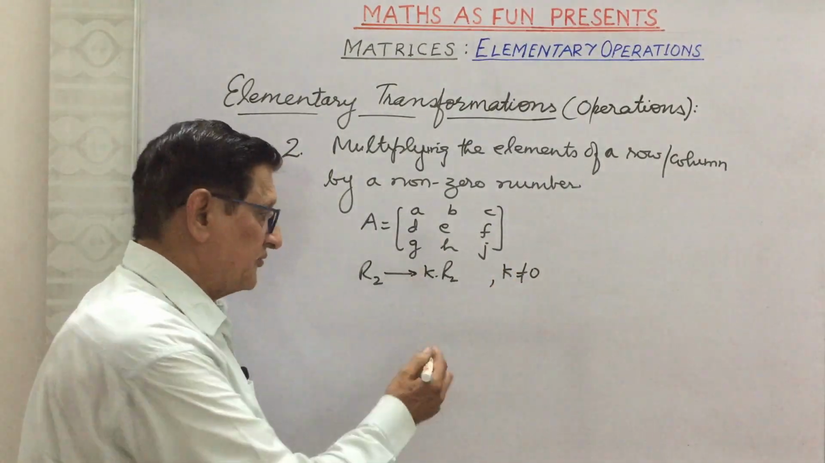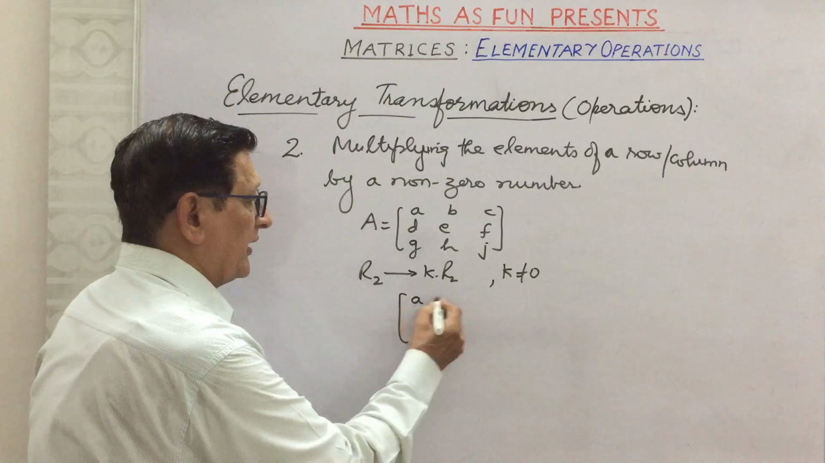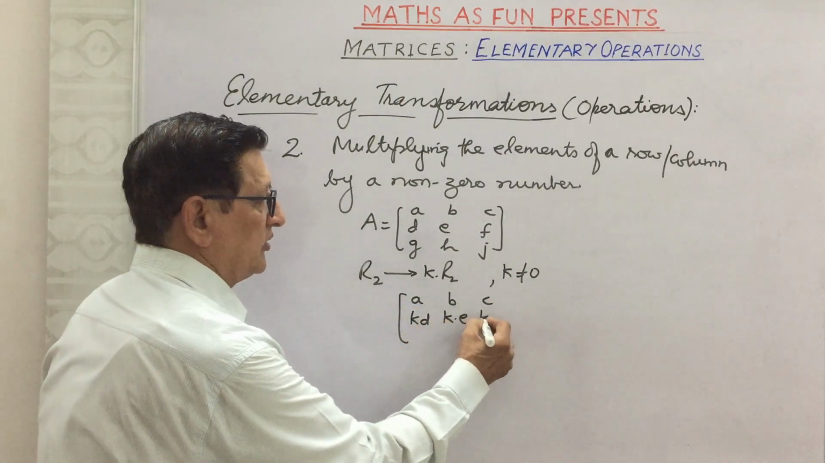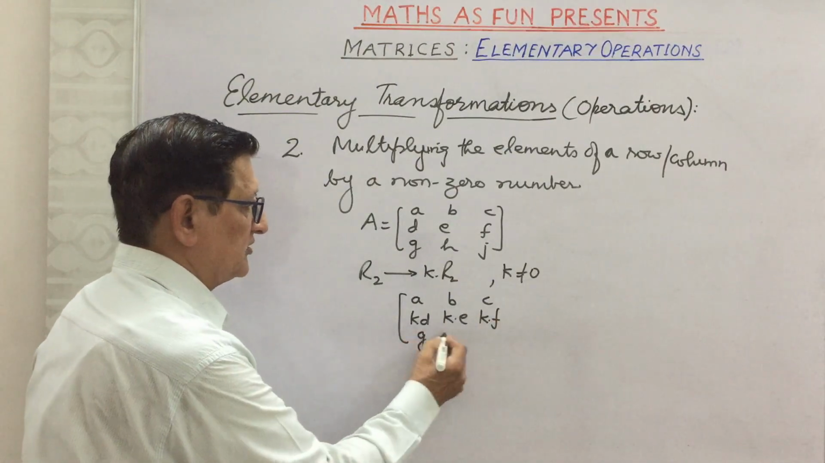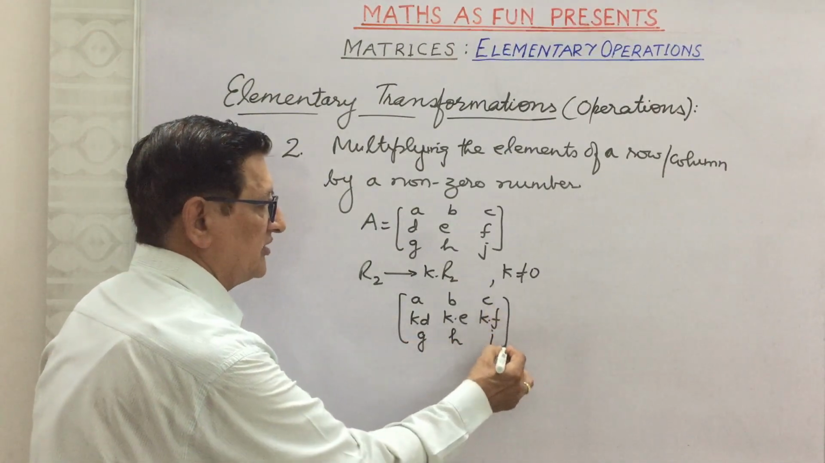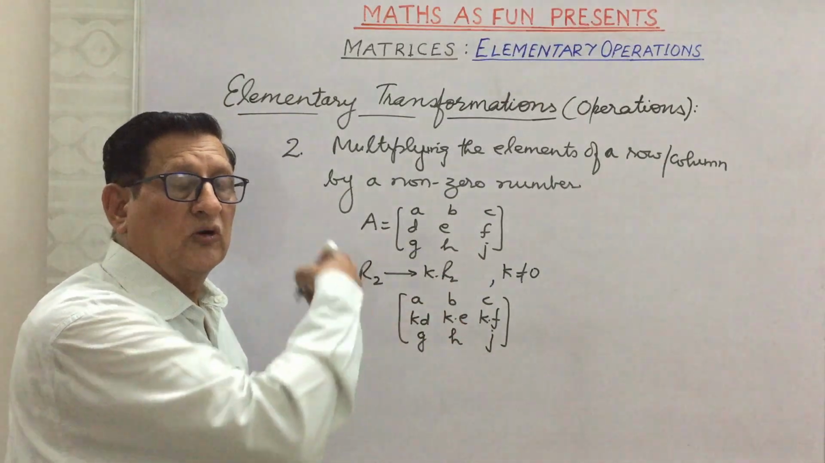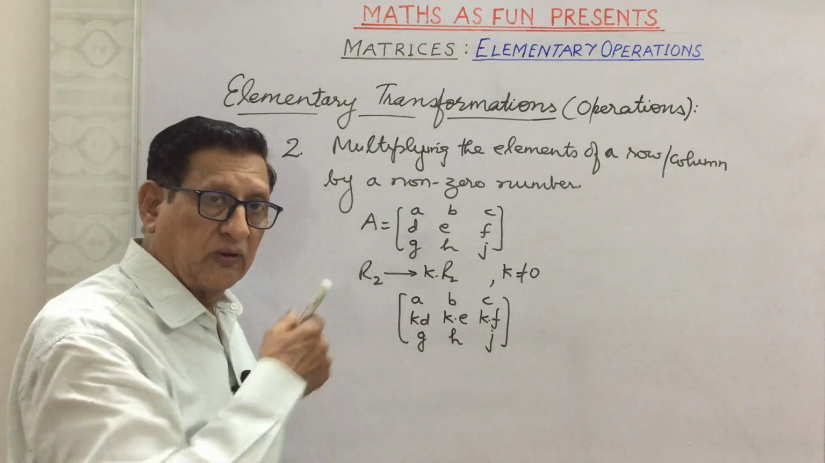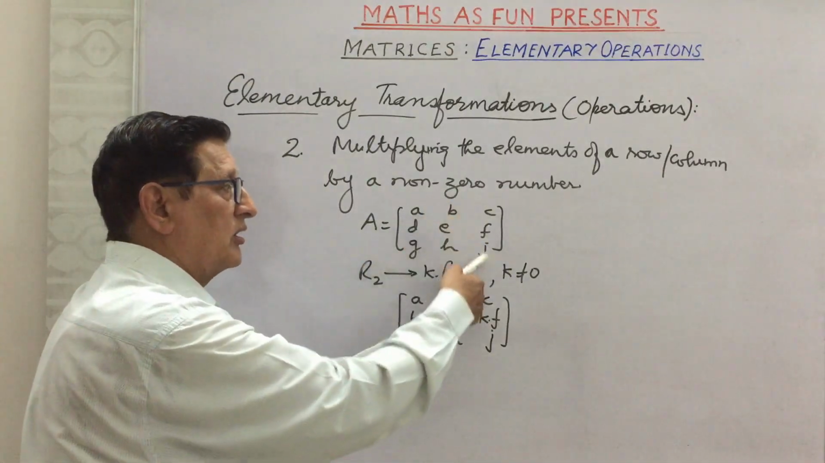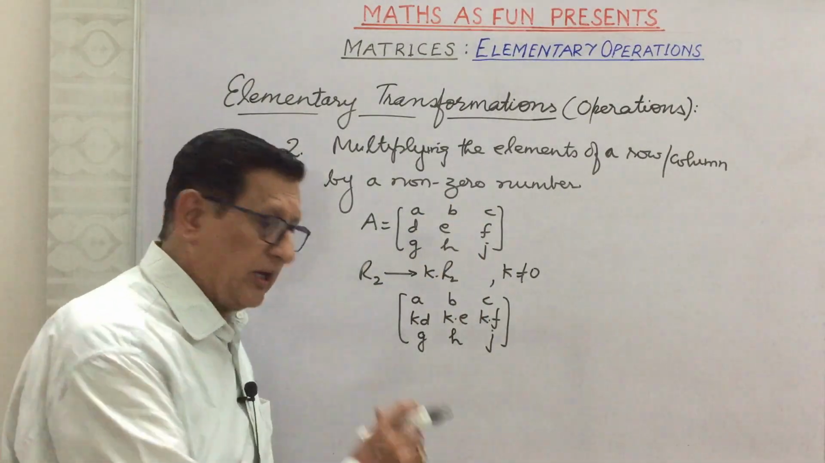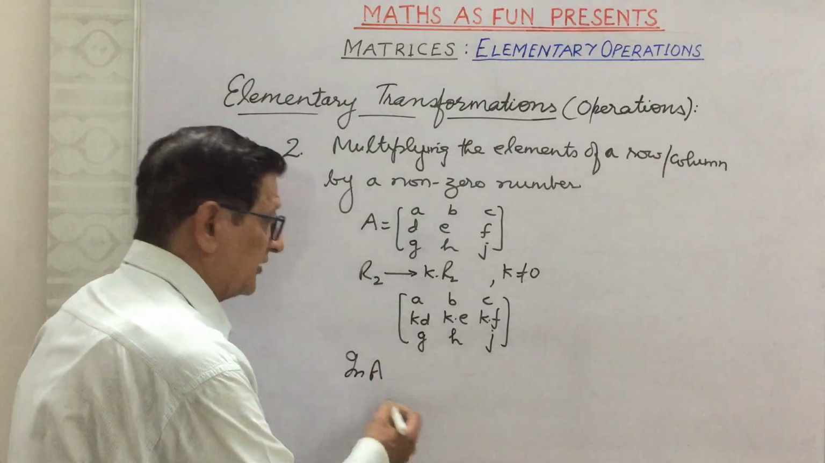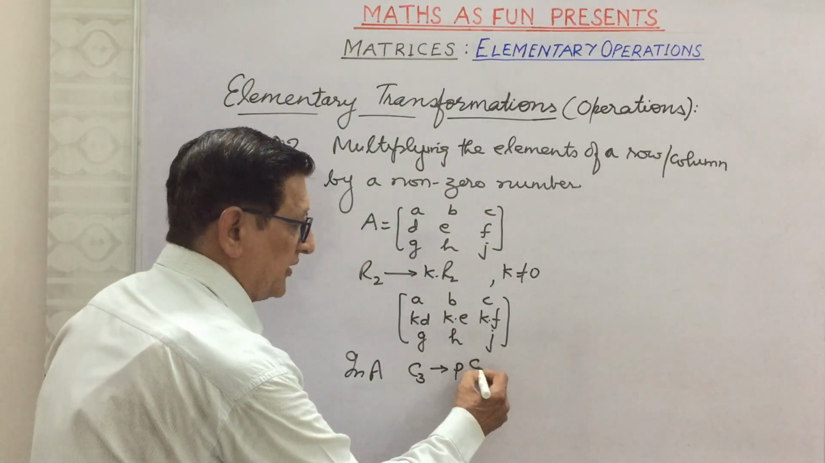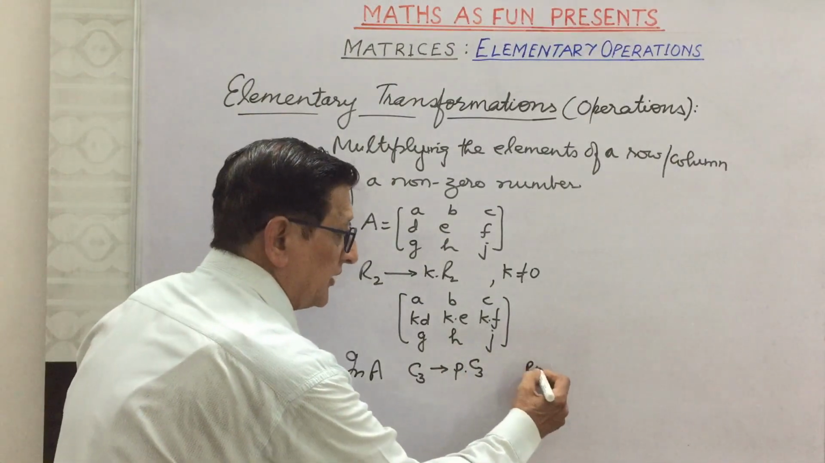And then the matrix which we obtain will be A, B, C, K into D, K into E, K into F, G, H, and J. Suppose we want to perform the operation in the same matrix in any of the column. Suppose we want to multiply column 3 with P. In A, performing the operation in column 3, that is we are multiplying with P, where P is not